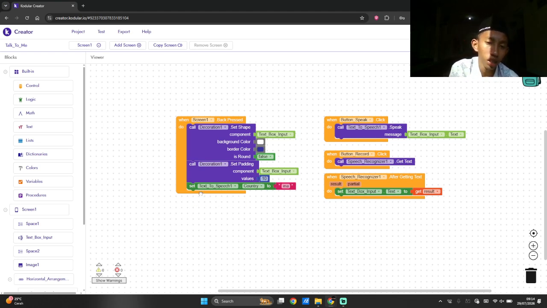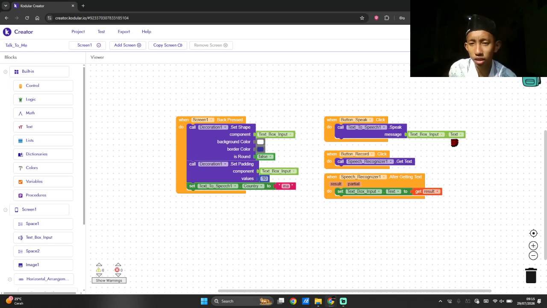Then set text to speech country, so it will speak using Indonesian. And then when button speak is clicked, do call text to speech, with the text from the text box input.